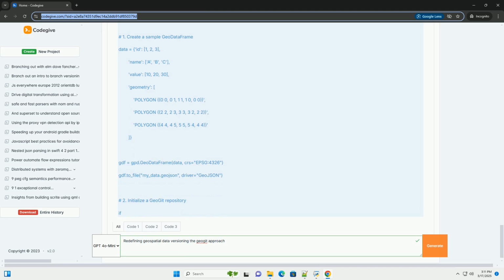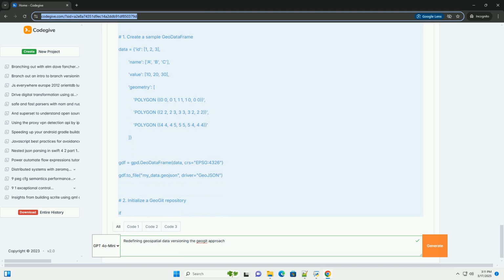C. Installation via Docker. Docker provides a containerized environment, simplifying the installation process and ensuring consistency across different systems. 1. Install Docker. Download and install Docker Desktop from https://www.docker.com/products/docker-desktop. To use a pre-built GeoGit Docker image,